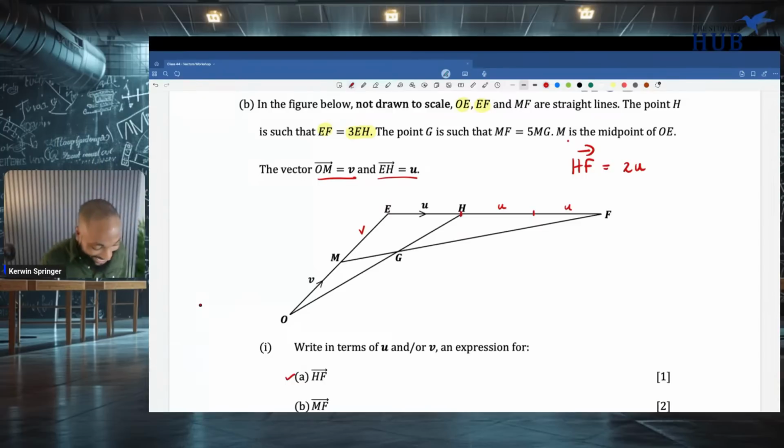Tobago. ME is V, but we need to get MF. The key to vectors is finding another way. I'm seeing the answer in the chat. Chat, big up you, cooking. I'll go and call some names just now. So MF is this. We don't know that. So Zach is here in the chat.